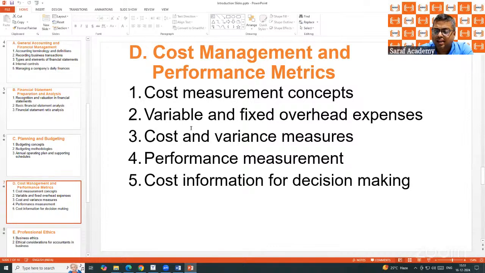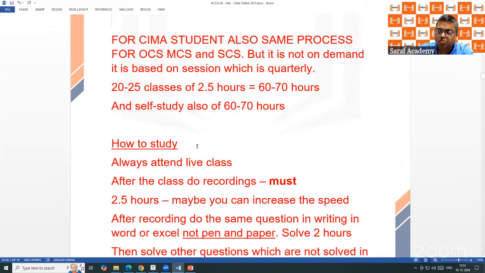What I mean to say is that the materials are: one, the question bank of Kaplan; one, the material offered by IMA; and one, my class slides. Students should refer to those. But if you want to refer to anything else, I don't have a problem. You can ask questions from any part of the world. I don't have an issue. But my request is, when I'm teaching something and you want to refer to other books also, then do the questions from that book at that time only. Not that when the course is finished you start doing those questions at the end. This is not a proper study.